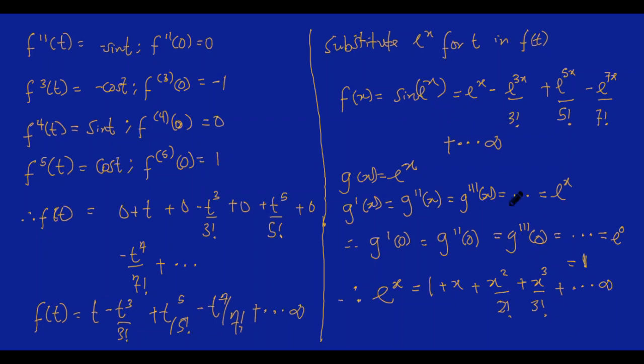The reason why we are doing this is because we can't leave this as e raised to the power of x. The objective of using the Maclaurin series is to get a polynomial expansion for any function that has derivatives and is also continuous. So in this case, we substitute the value of e raised to x into the function that we have here. So now f of x is sine of e raised to the power of x, which is now equal to